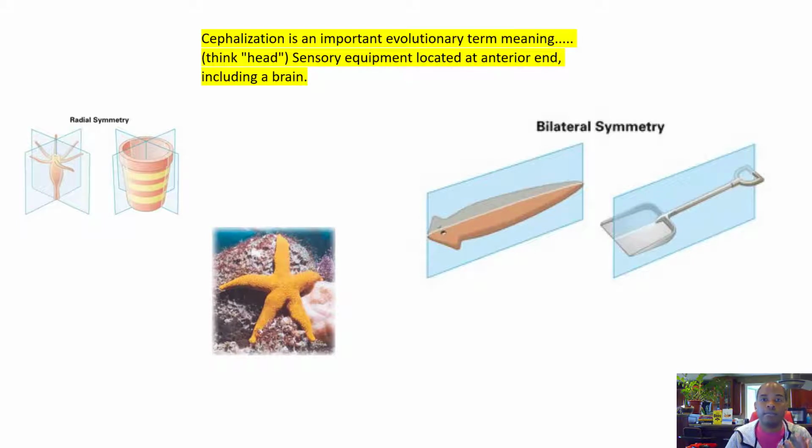And that focus of all the senses at one end of the body is known as cephalization. So that is a major evolutionary milestone associated with bilateral symmetry, which makes these animals hunters. Right? So if you'd watched some of the Shape of Life videos, you would have seen the planaria as the first hunter going around hunting food.